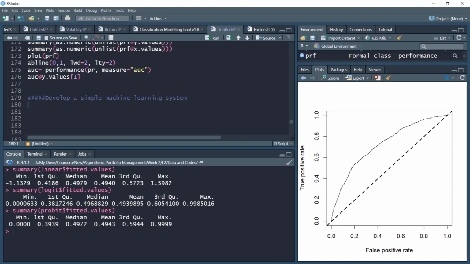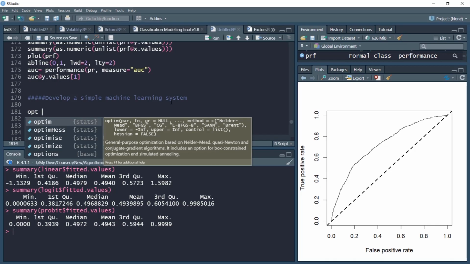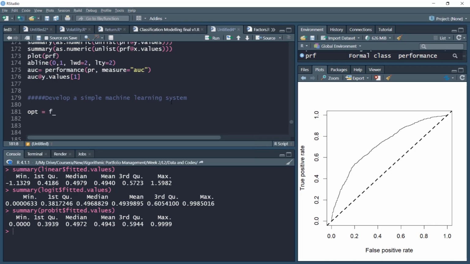Very often we would have heard of a cost function to be minimized in the context of machine learning algorithms. In this particular case, we'll talk about a simple performance function which we'll try to maximize. The idea here is to develop a well-suited performance function for these classification algorithms, and see which one of these algorithms helps us maximize the performance function. So let's call this performance function OPT, for optimize, and let's define the parameters of this function.